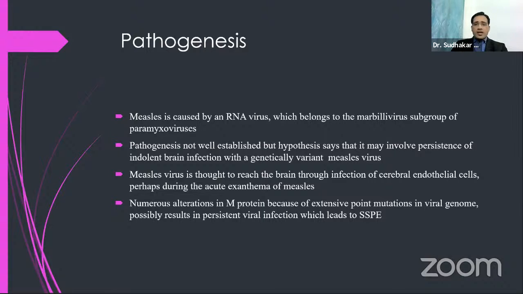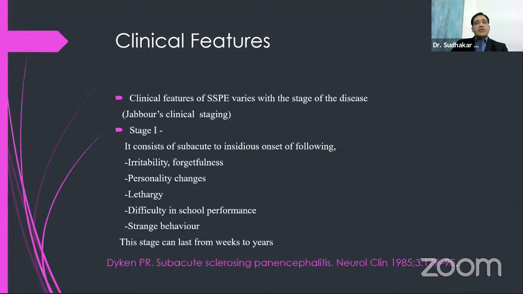measles virus. And it is thought that the measles virus reaches the brain during the acute exanthem of measles, through infection of cerebral endothelial cells. And there are numerous alterations in the matrix protein, because of extensive point mutation in the genome, which is going to change the matrix protein. It possibly results in persistence of this viral infection, which leads later on to SSPE. So coming to clinical features, basically they vary according to the stage of the disease,